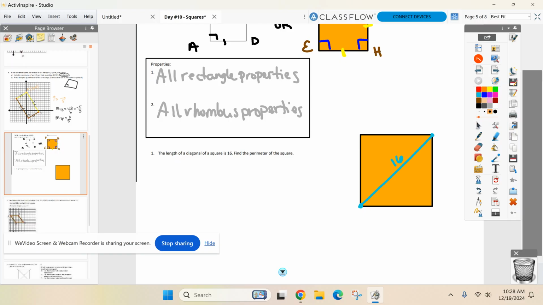The diagonals are 16, and they bisect each other, so it makes a triangle that's 8, and then you